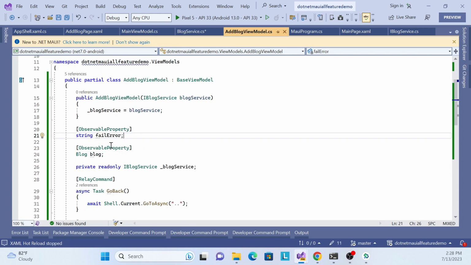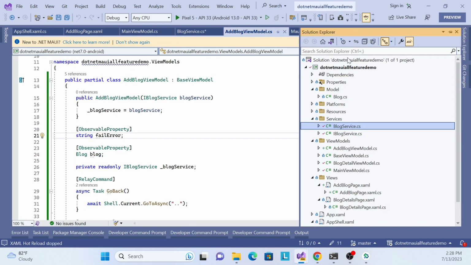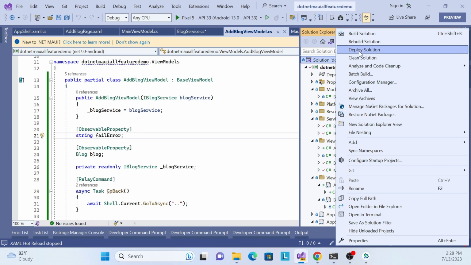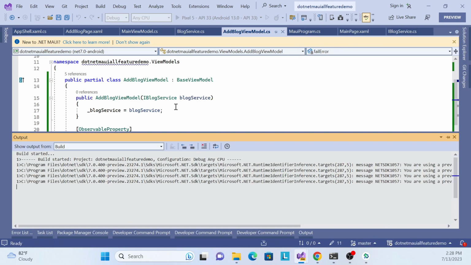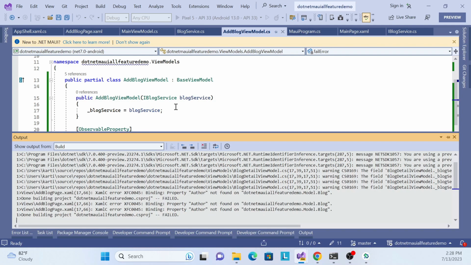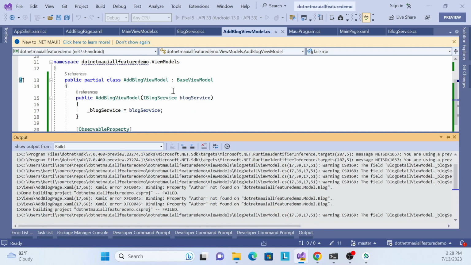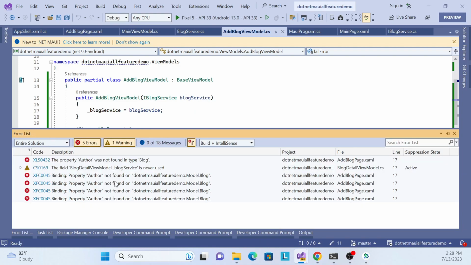And yes, let me build, build the solution. Okay, it is failing somewhere, might be some issue. Let me figure out what the issue is, we'll fix it. Okay, somewhere